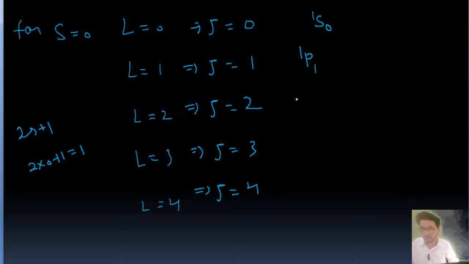Second one is 1P1, 1D2, 1F3. These are spectroscopic terms. Okay, simple one. And this is 1G4. Okay, next is for S equal to 1, L value, L equal to 0, L equal to 1,